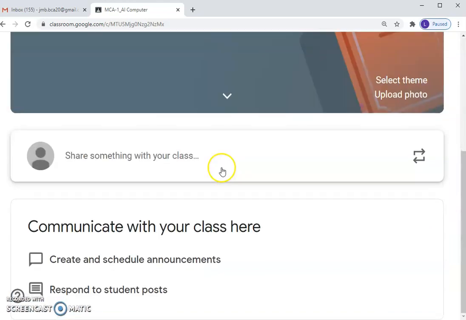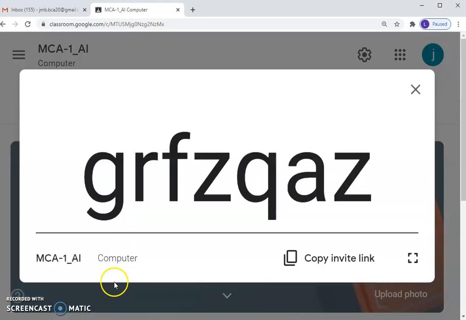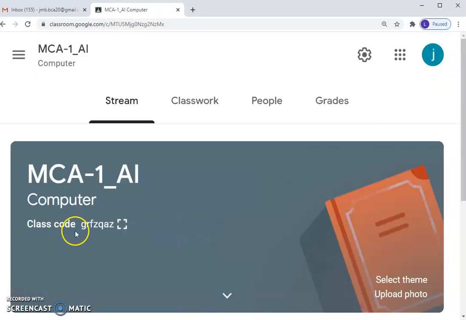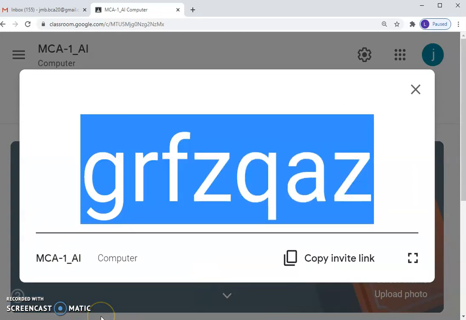Now we have created a new class, but the first thing we have to do is allocate students to that class. For that there are many options to add students. The first option I would like to mention is this class code. You can see here. Okay, every class will be displayed with a particular class code. So click on this class code and just give this class code to your students to join this particular MCA1